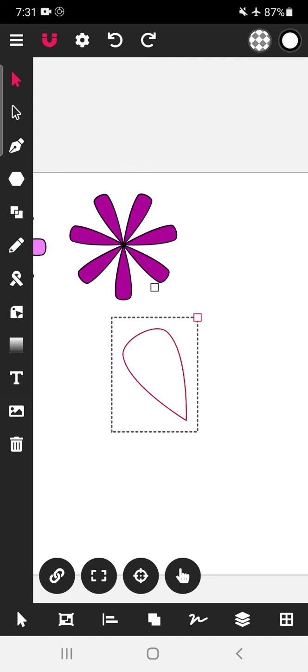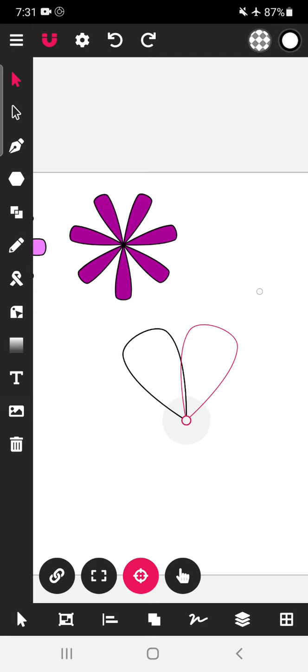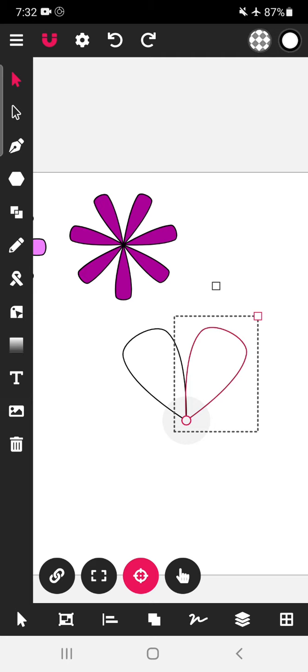So what I will do is make a duplicate copy. Click here, then I will drag this to the center point and then rotate it like this. The problem is again and again I have to do this activity.